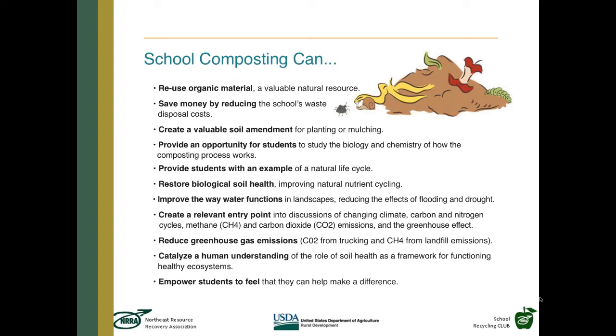planting or mulching, closing the food loop, put it back on the garden, provide an opportunity for students to study the biology and chemistry of how the composting process works, provide students with an example of a natural life cycle, restore biological soil health, improving natural nutrient cycling, improve the way water functions in landscapes, reducing the effects of flooding